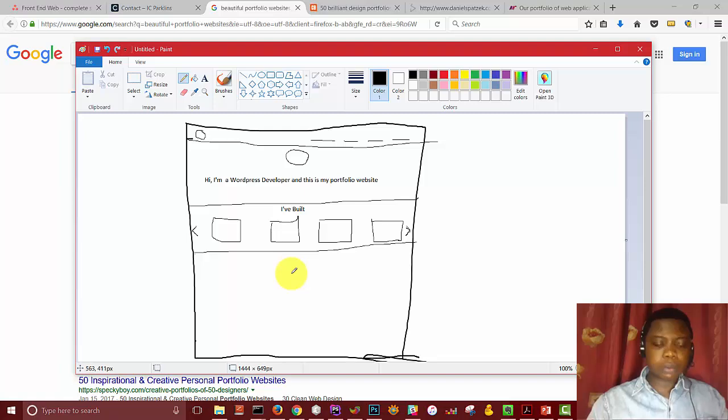Okay, so I've built this. These are examples of the sites you've built. I hope you built as much as 10. So it's gonna be a slider that will slide. Then okay, we can include the button here to view all. Let's assume this is a button. There's no button that looks like this. And we could have